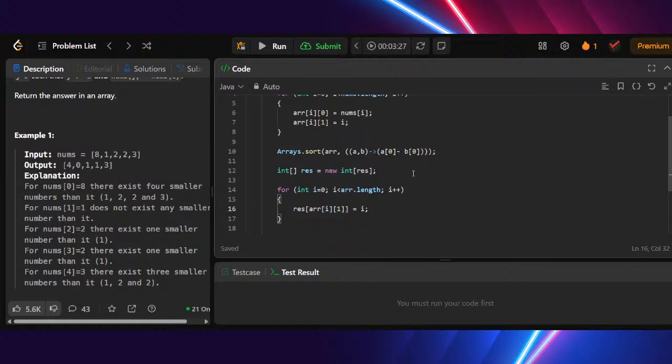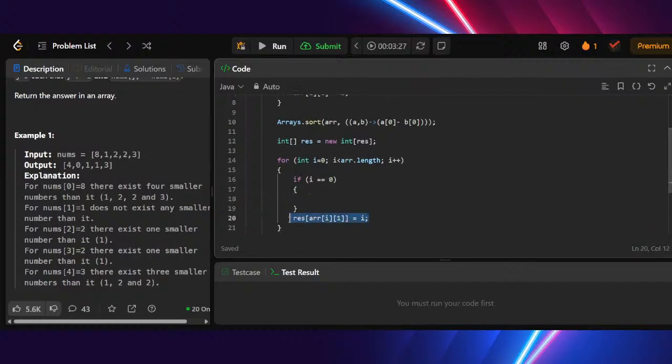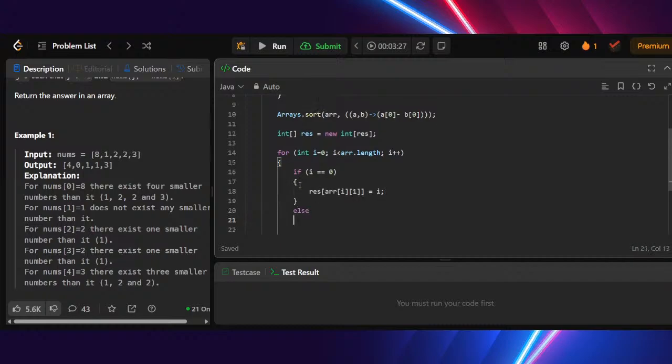So I can simply have 2 loops within it, but it's not really 2 loops. It looks like 2 loops is n square, but it's not, if you actually see what the loop is doing. So do you want to do that? Yes, I think. Or you could be slightly smart as well. Let's figure out what I can do. If i equals 0, then it's just this, nothing more to do, no comparison. Else